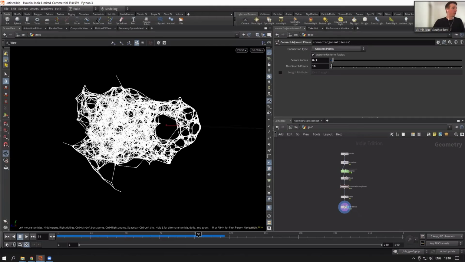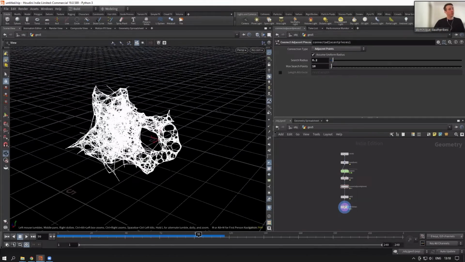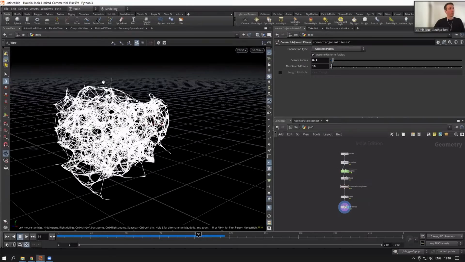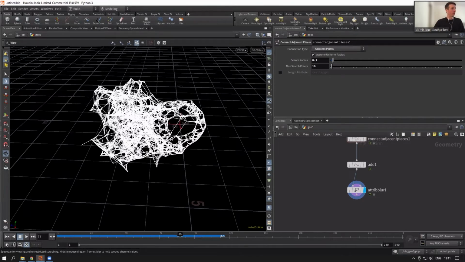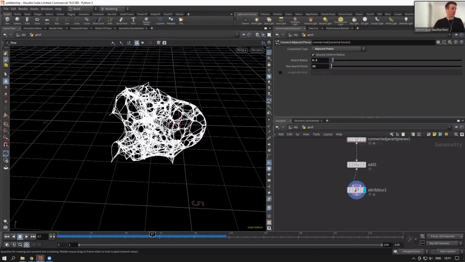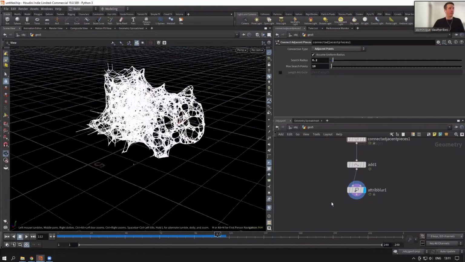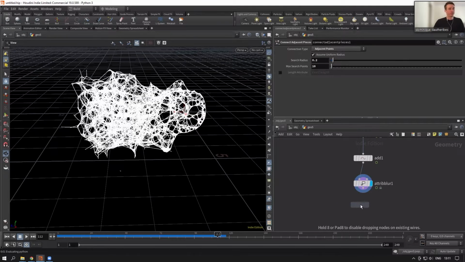What else? Yeah. So then we could use this structure that we have to create another type of growth. Here we have this very stringy effect that grows with the particle system. If we use a time shift node